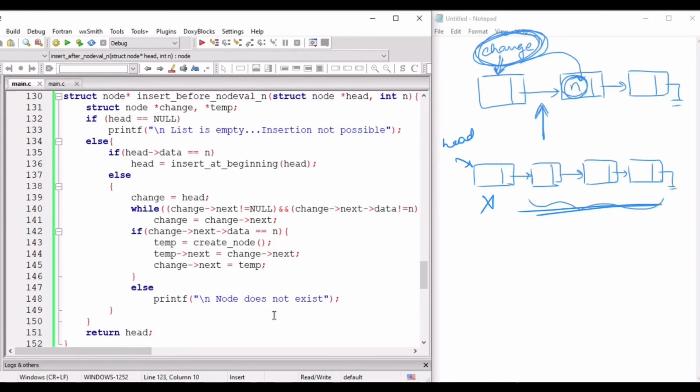So we first set change on head, and we check whether a node in this position exists or not. For that, we check if change arrow next not equal to null. This condition checks whether we have reached the last node of the list or not.